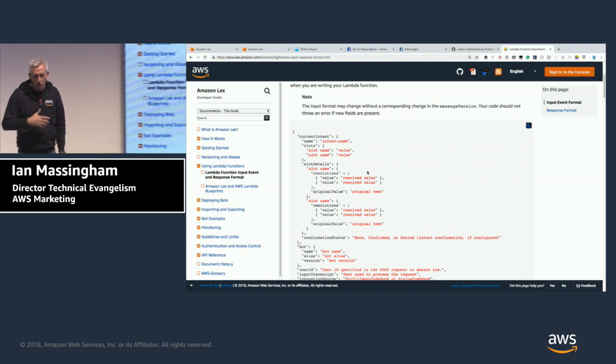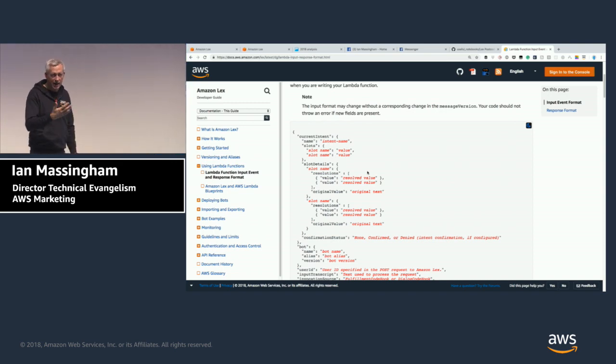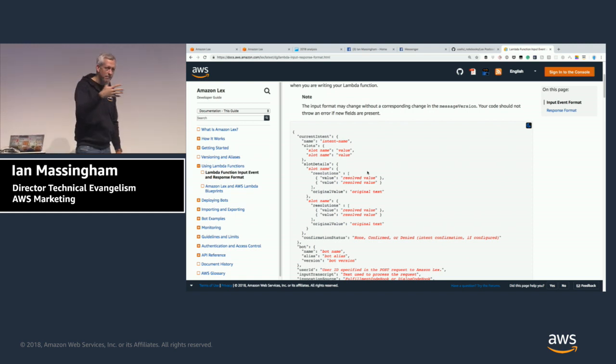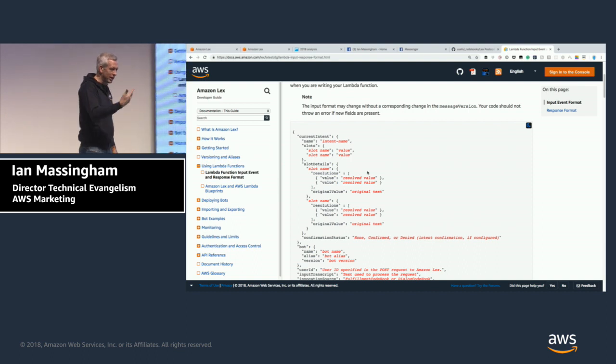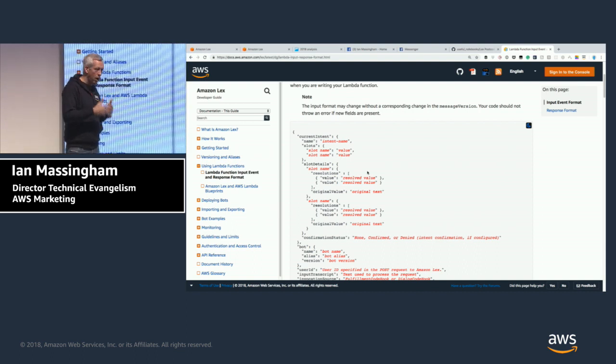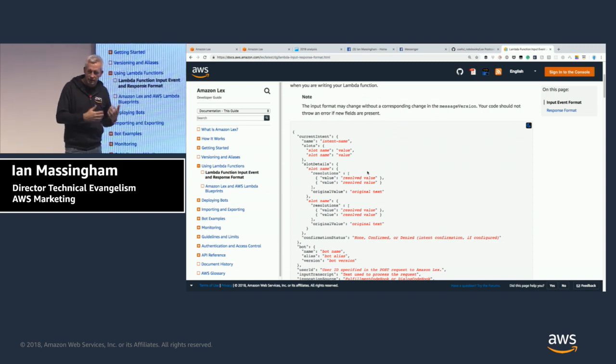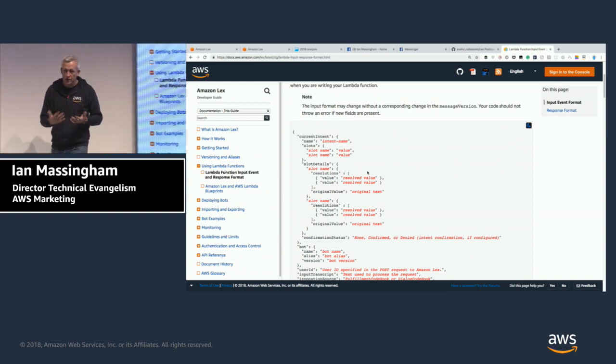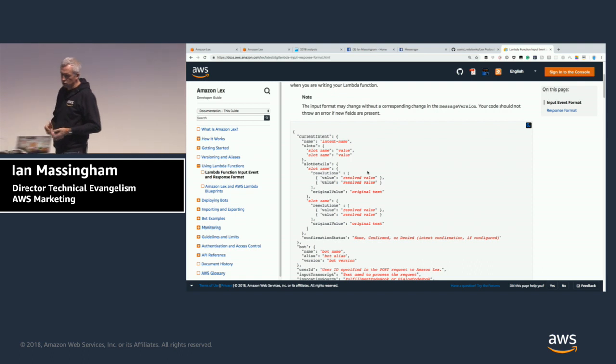And all of those pieces of state data are reflected within this JSON document that is passed to our AWS Lambda function on invocation. So if we understand the format of the document that we're getting, we can write code that evaluates and manipulates that document, makes decisions based on our business logic, and generates a response document that we can send back to Lex to drive the next part of the conversation. And that's what's happening under the covers once you wire in a Lambda function and connect it to your natural language interface in the form of your Lex chatbot. Okay, so we'll do that.